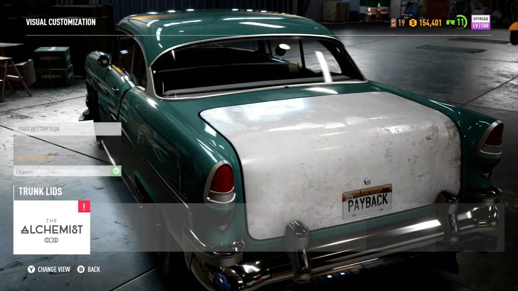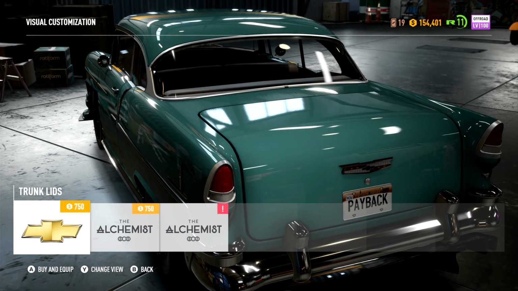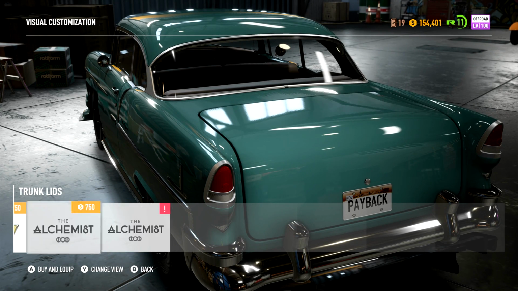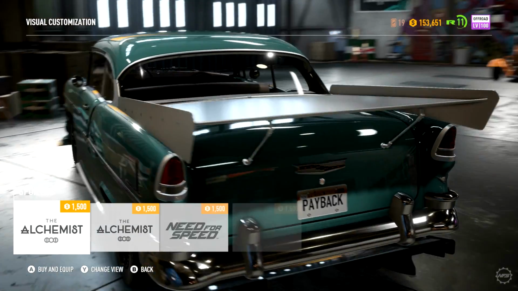Trunk. What can we do with this? Apparently we can't do that because it's restricted by chassis. I guess maybe by the type of chassis that I've chosen to go for here. So there we go. Can't really do much mad with the boot on this. It's either a badge or not a badge. You know what? Let's put a badge on it. Sure. This is the important...